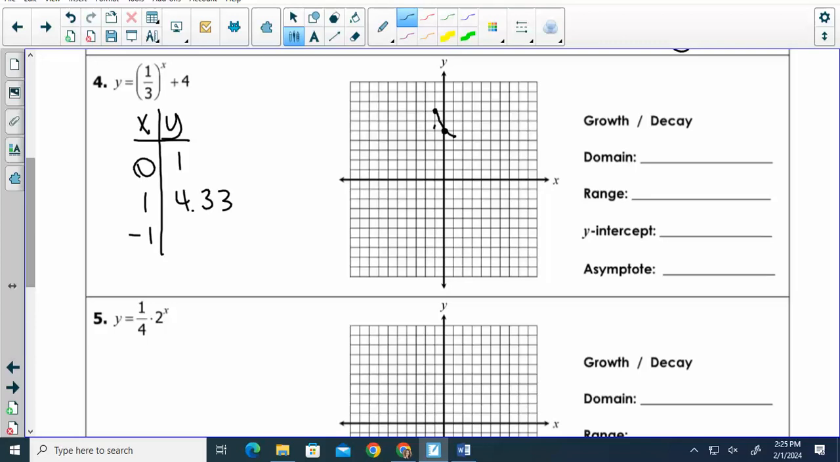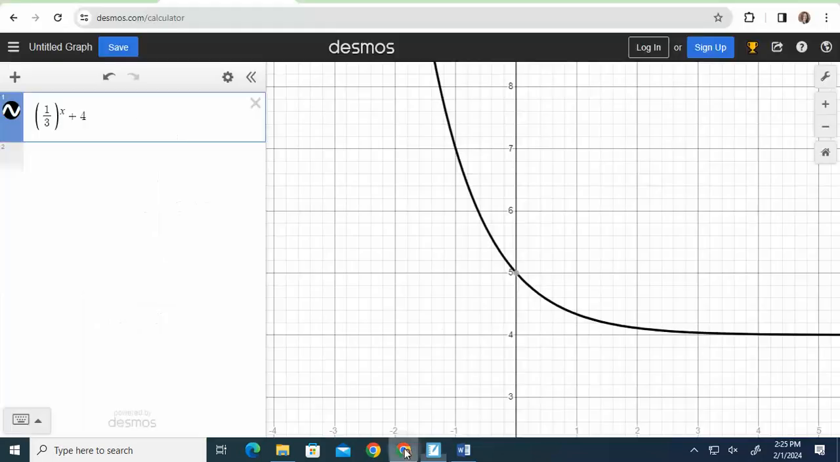And where does this graph kind of flatten out? Oops, that fell too far. So I did less exact points today, but I just kind of used that other one. We said this was decay. Domain, no matter what, is all real numbers. The range, where does this graph start? At 4, and it's above 4, so the range would be